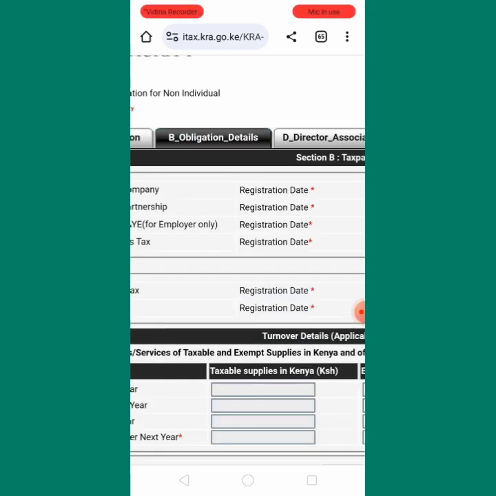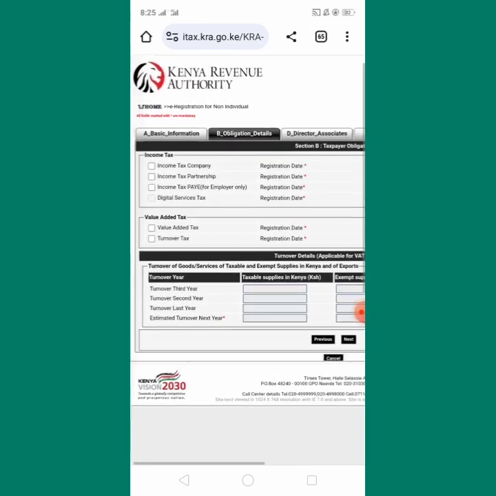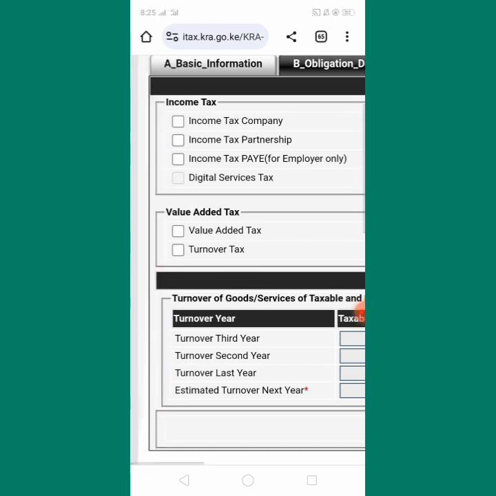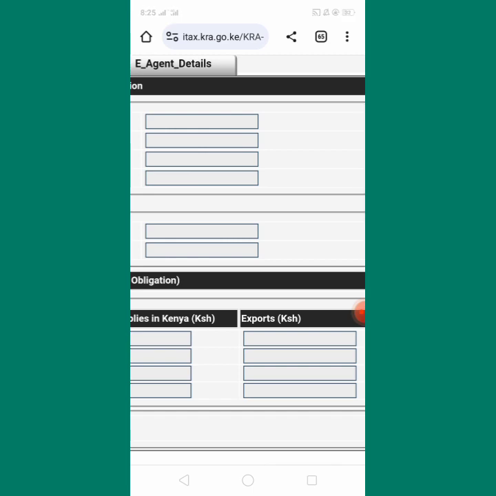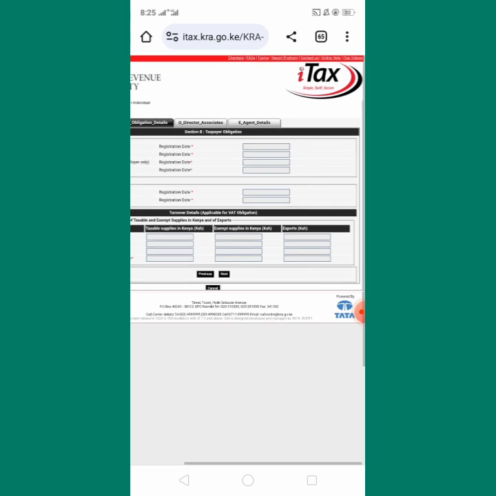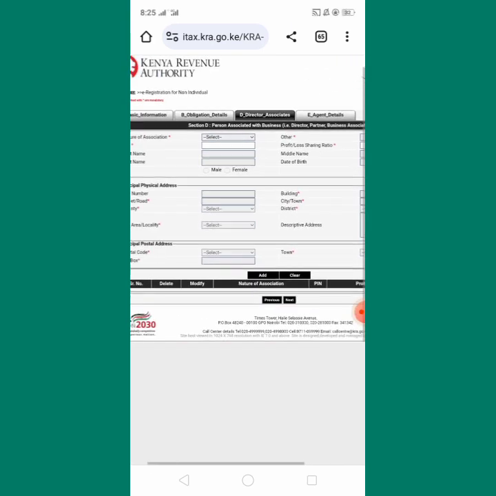obligation. So here you will come to where they have said income tax. You just click there, and then you choose the period in which you are applying for this KRA PIN. So you choose, and then after doing that, you are supposed to come here to director of associate,